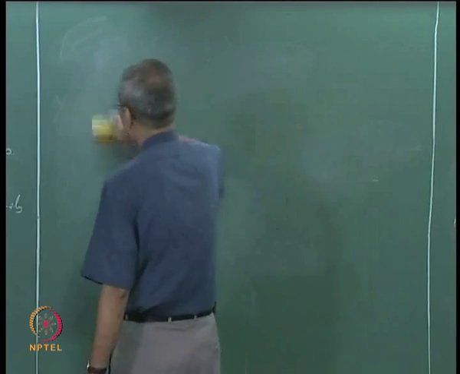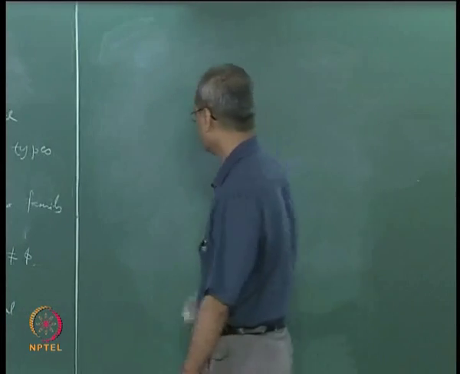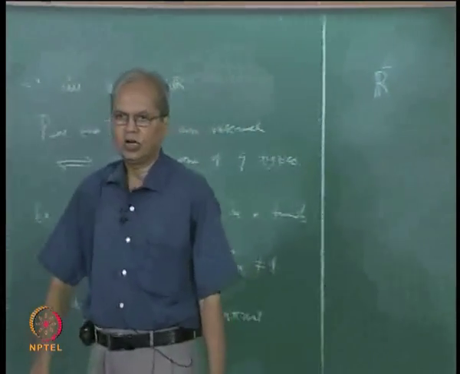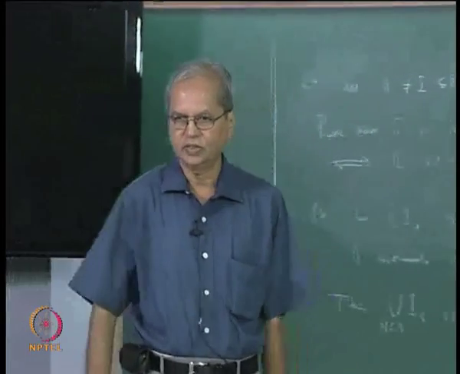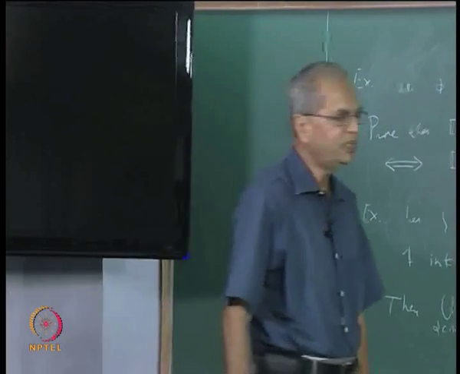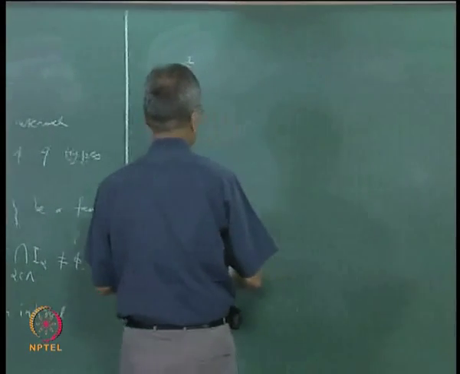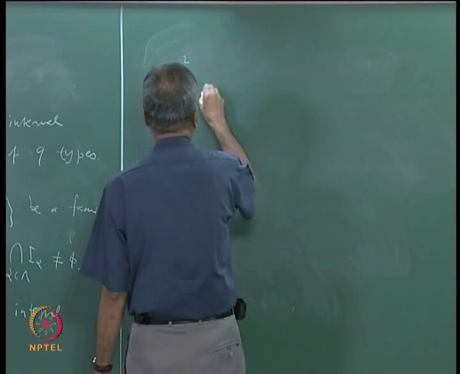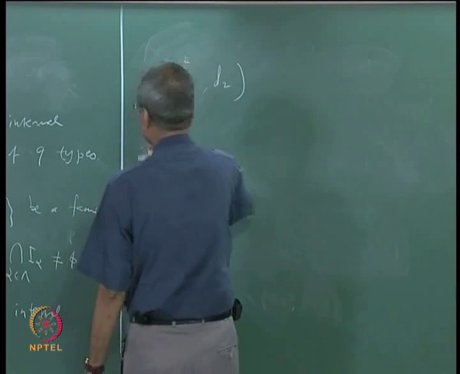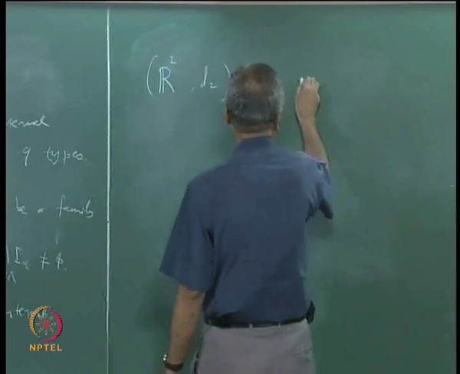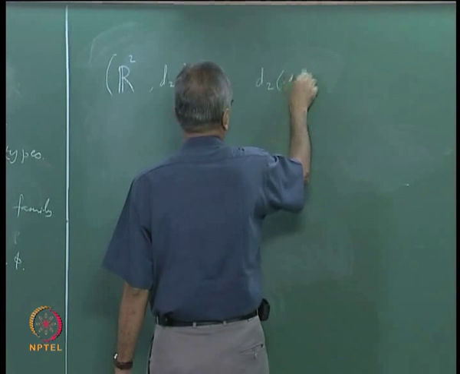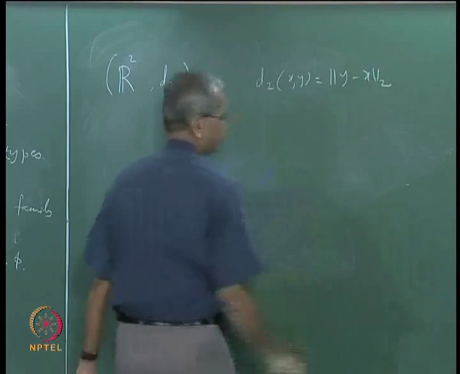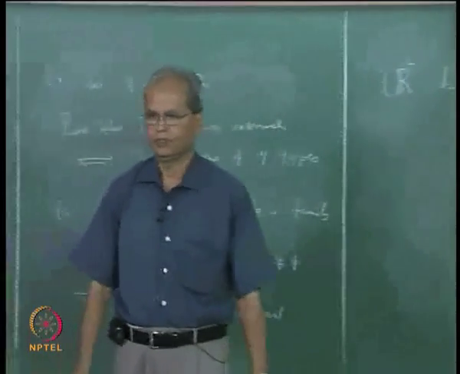Now let us go to the next familiar metric space, namely R2. As you know, in R2, R3, etc. you can have various types of distances. Let us begin with the most familiar case. Let us say you take the distance which we had called d2, the so-called Euclidean distance. That is given by the norm suffix 2, that is d2(x,y) is the norm of y minus x, where this is norm suffix 2.